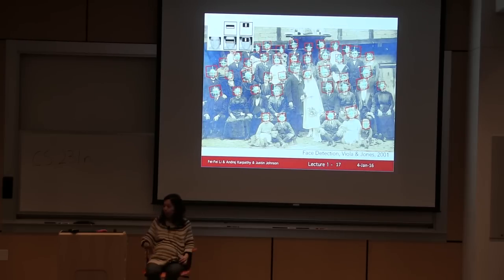The paper actually is called real-time face detection. It was granted Pentium 2 chips. I don't know if anybody remembers that kind of chip, but it was a slow chip, nevertheless it ran real time. So that was another very important piece of work. And also one more thing to point out, around this time, this is not the only work, but this is a really good representation. Around this time, the focus of computer vision is shifting.